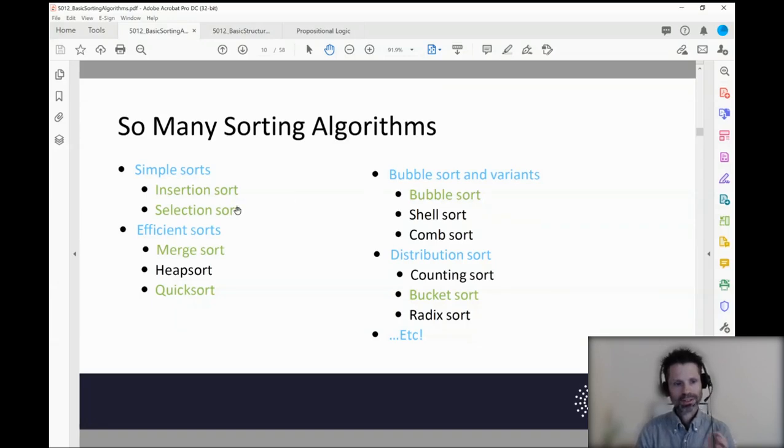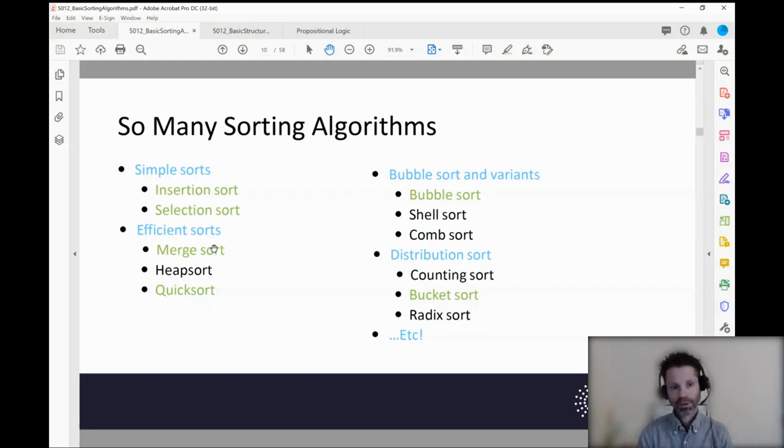So insertion sort and selection sort are very intuitive, what you might refer to as simple sorting algorithms. When you look at the sorting algorithm itself, it makes sense. It's very clear and intuitive as a human being. However, generally speaking, they're not quite as efficient, at least in the worst case, as compared to some of our other sorting algorithms. Some of the more efficient sorting algorithms use a variety of different advanced algorithmic schemes, such as